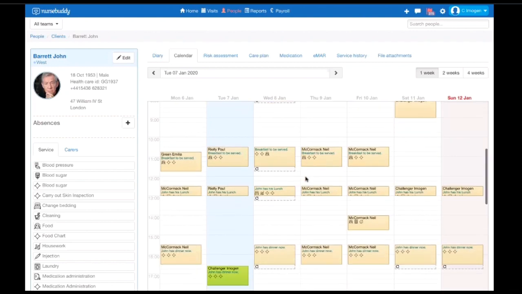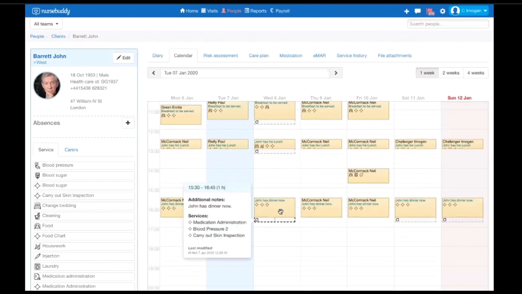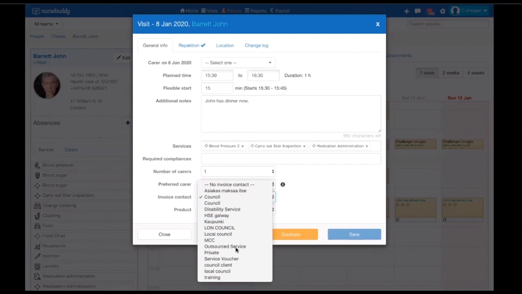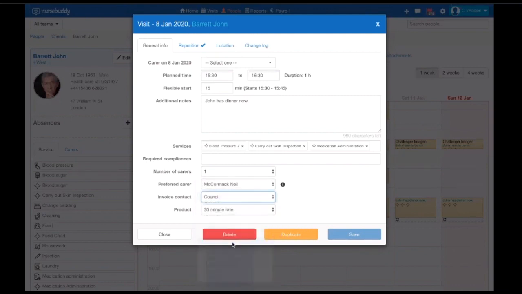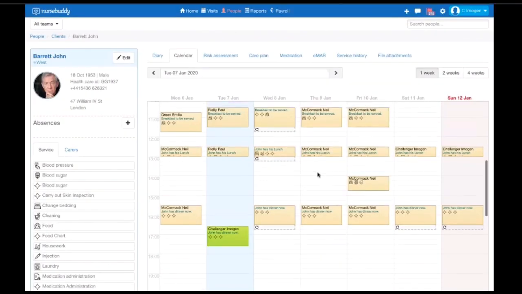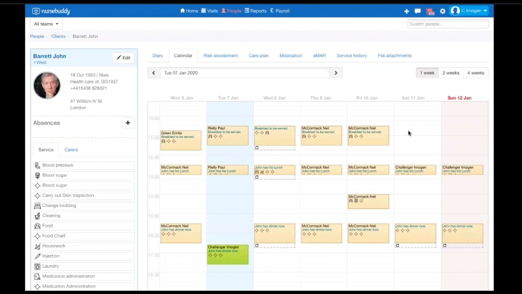So this allows you, as I said, to add different rates for different visit repetitions. So if they have a mixture of private and council visits, we can accommodate that by setting up different visit repetitions and adding the correct information for those visits. So that's your setup. It'll work in the background. You don't really need to do anything else now until you're ready to actually pull your reports and pull your